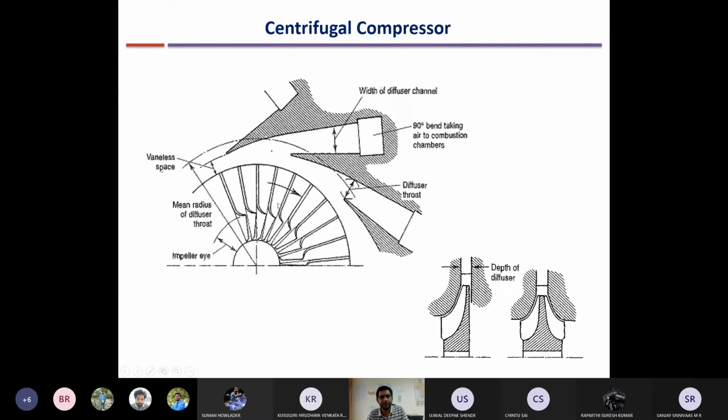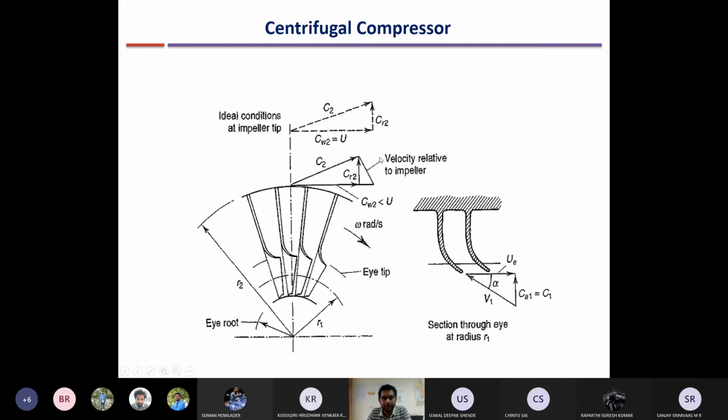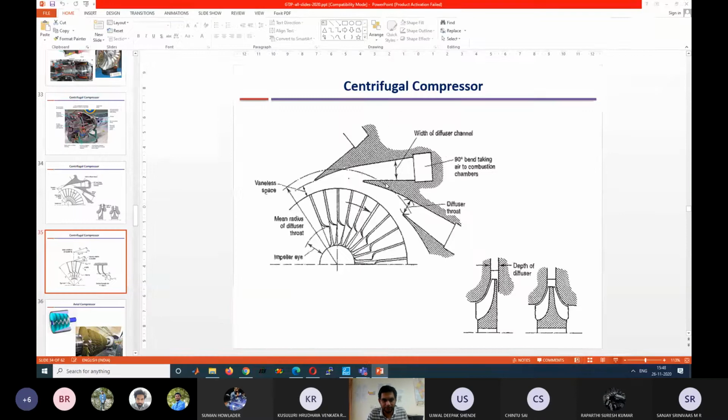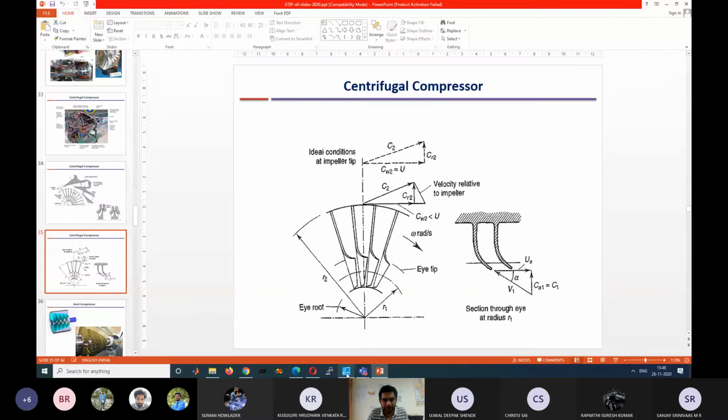So ultimately what happens, there is a huge rise in the stagnation pressure, and that occurs because of rise in the stagnation enthalpy, which happens because you are supplying work to the impeller, but you are not supplying work to the diffuser. Okay. So I hope this is clear. Now with reference to this, we will go back to the notes and draw the velocity diagrams again.